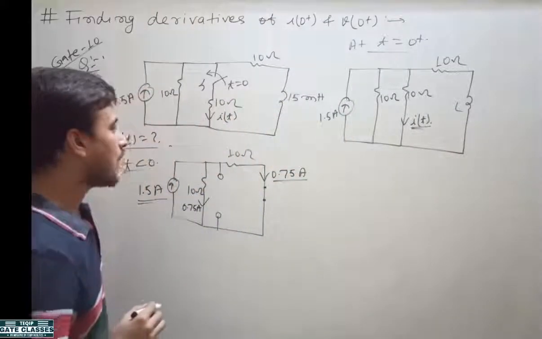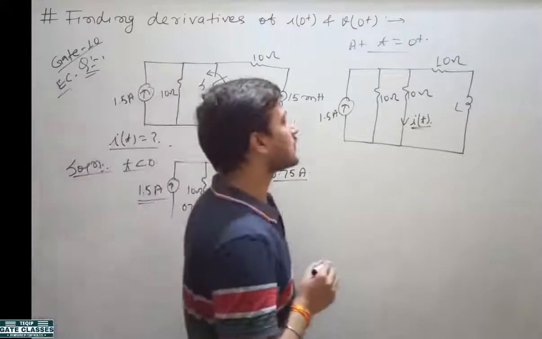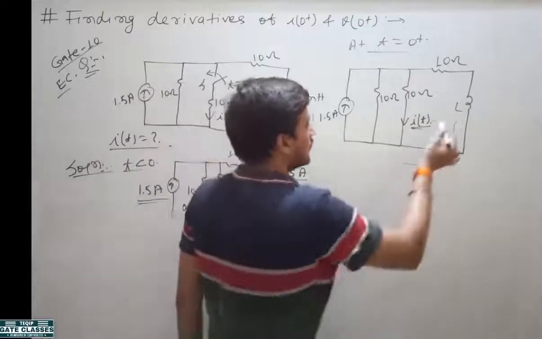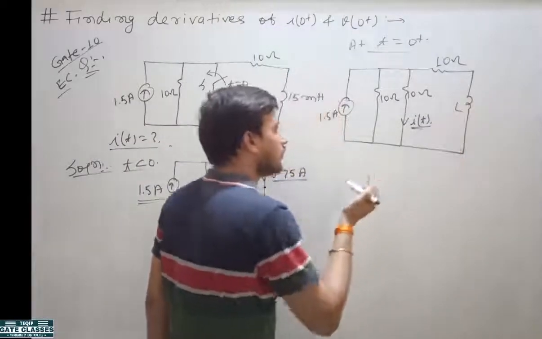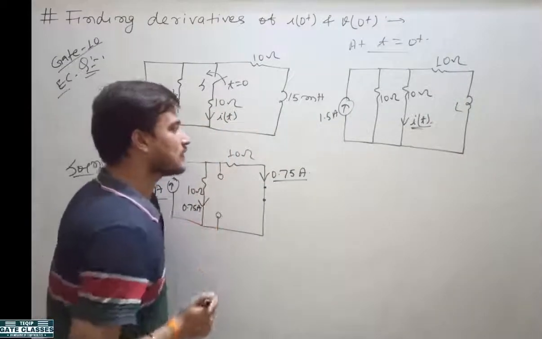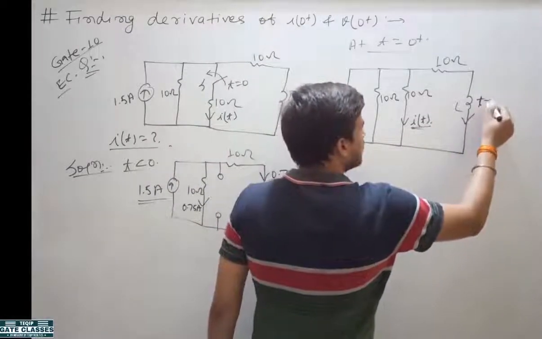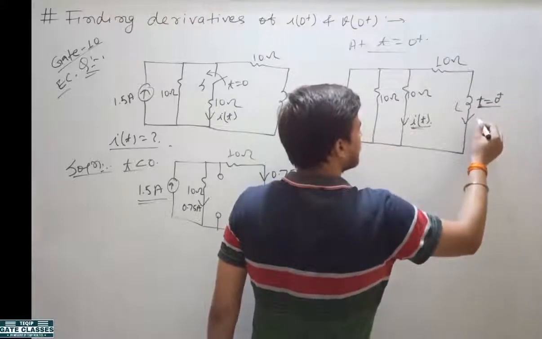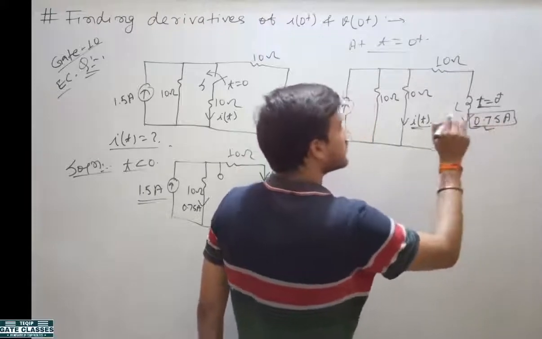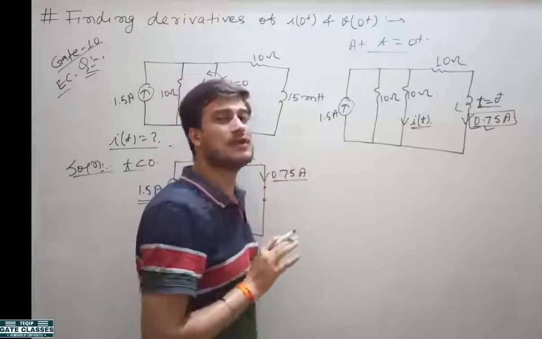Now we have to write the expression for this current IT. So at t equal to 0 plus, what will happen? See this concept here. Here it is inductor. You know inductor does not allow sudden change in current. So here the current was 0.75 ampere. So the current through inductor will be how much? At t equal to 0 plus the current through the inductor will be nothing but 0.75 ampere only. After that current will start changing.